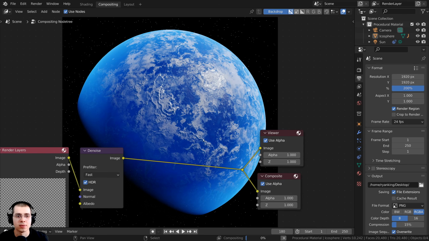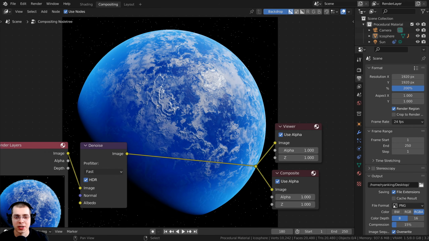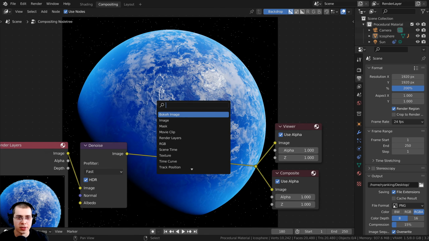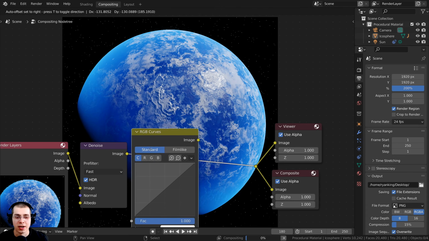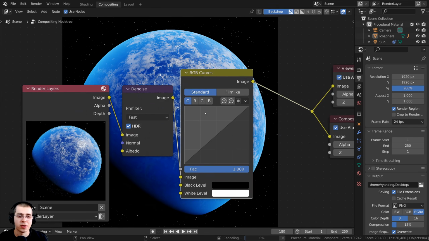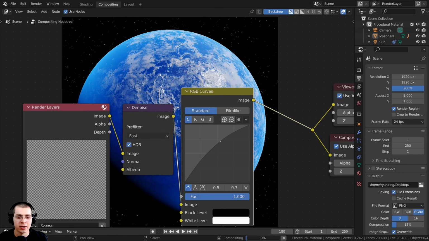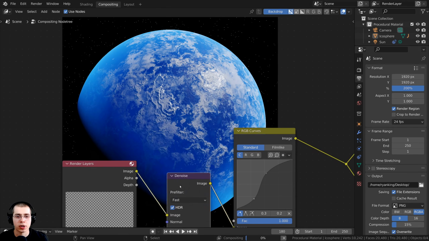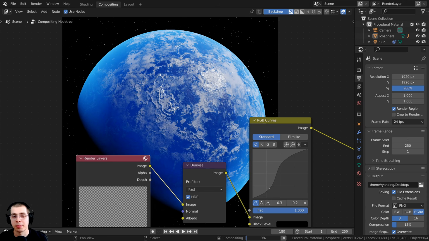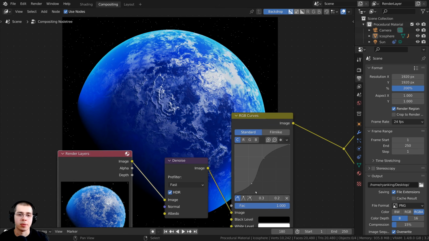so I just use the fast denoise. Now I also want to do a little bit of color correction, so I'm going to press Shift A. Let's go here to the search, and I'm going to search for the RGB curves, and let's stick this here after the denoise. So I'm going to pull out a dot here and just kind of bring it up, and then I'm also going to click right here to add another dot, and I'm going to pull this dot down, and by adding this curve here, it's going to make it a bit more contrasty, so the lighter parts are going to be a bit lighter and the darker parts are going to be a bit darker. And that's a bit too strong, so let me just bring this back a little bit